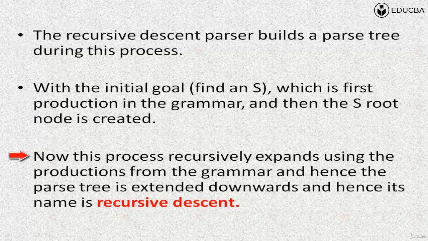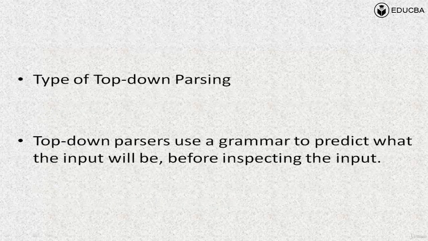and hence its name is recursive descent, because we are extending downward and we are recursively expanding that tree, so that's why its name is recursive descent. Okay, so we are using those productions which are actually showing some rules which we have to follow. Now it is a type of top-down parsing. So basically we are following the parse tree from top to down. So basically we are going from root part to leaf part,